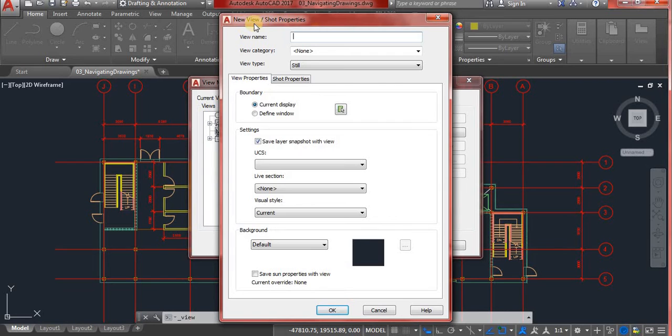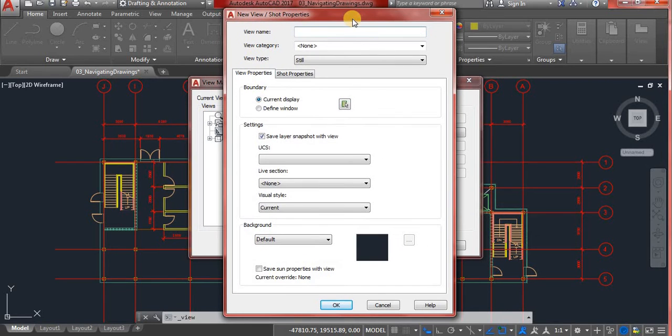It gives me another window. Right here you can put the name for your view. Let's say it's staircase A, for example. It's just an example. It doesn't have to be all uppercase or lowercase. It's just a name so you can recognize it. For the category, so it's easier for you to find in here, you can put other views in that category. If it's none, you can edit anything. For example, I'll just say plan